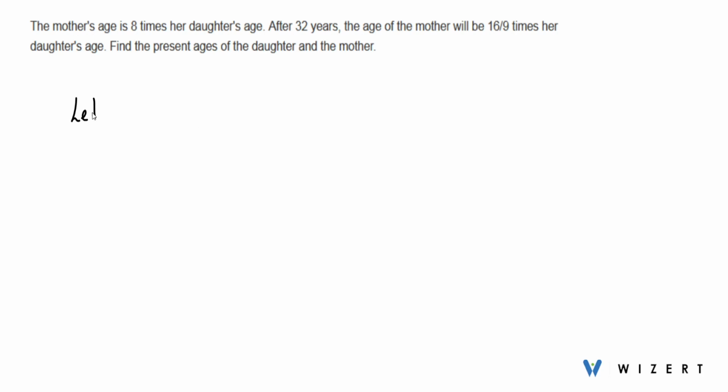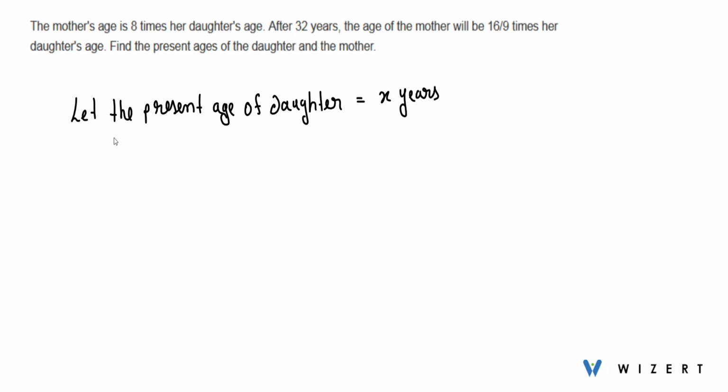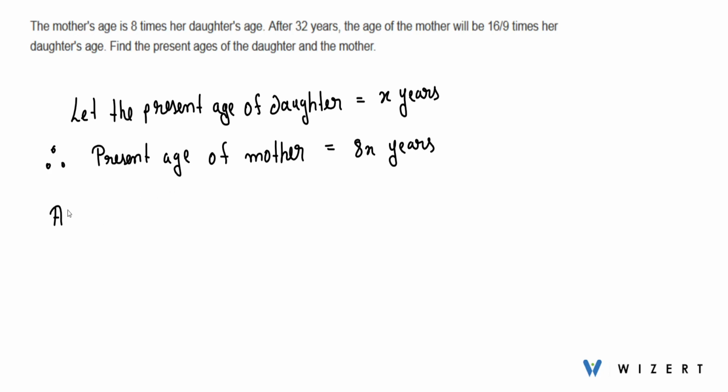So let the present age of daughter equals x years. Therefore, present age of mother will be equals 8 times the present age of daughter as mentioned in the question, so it will become 8x years. Okay. Now after 32 years,